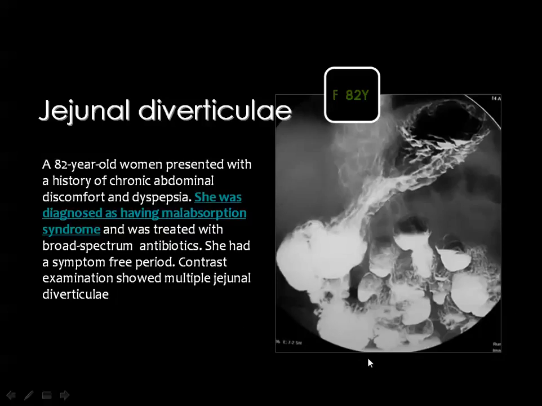This film from the barium meal follow through series shows multiple sizable diverticuli in the proximal jejunal loop, and you know that diverticuli may lead to malabsorption because of the accumulation of food and fermentation within the gut,